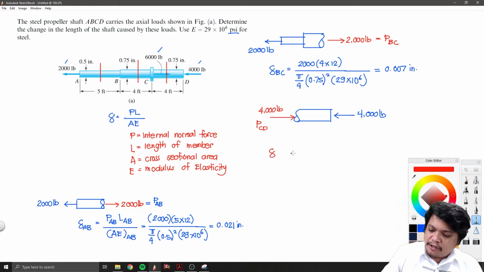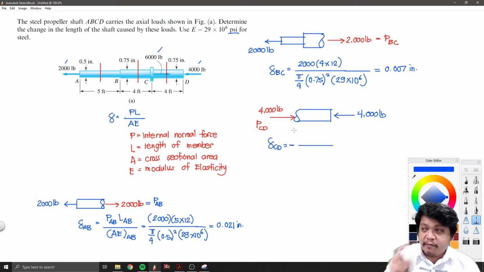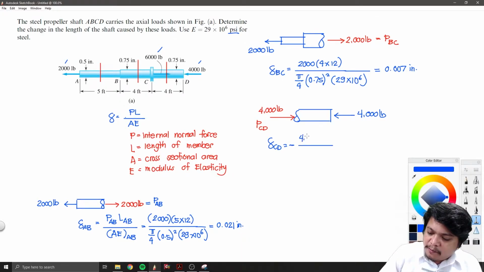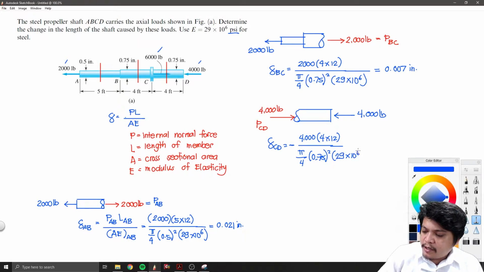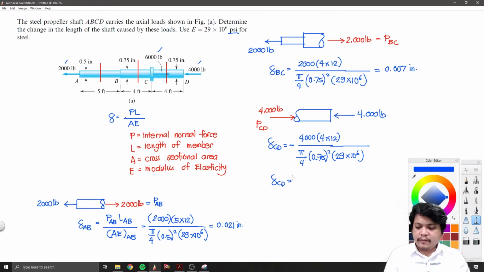Okay? So, the deformation ko ng CD, that would be negative, to denote that it is a shortening because of the compressive force. So, P, ang L ko is 4 times 12 all over pi over 4 multiplied by 0.75 squared, and E is 29 times 10 to the 6. So, we have here the elongation, that is 4 times 12. So you will be having here negative